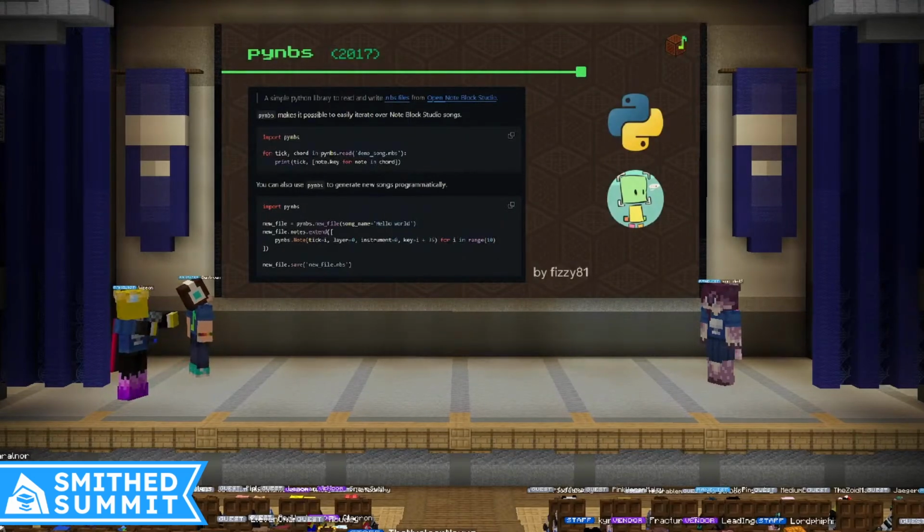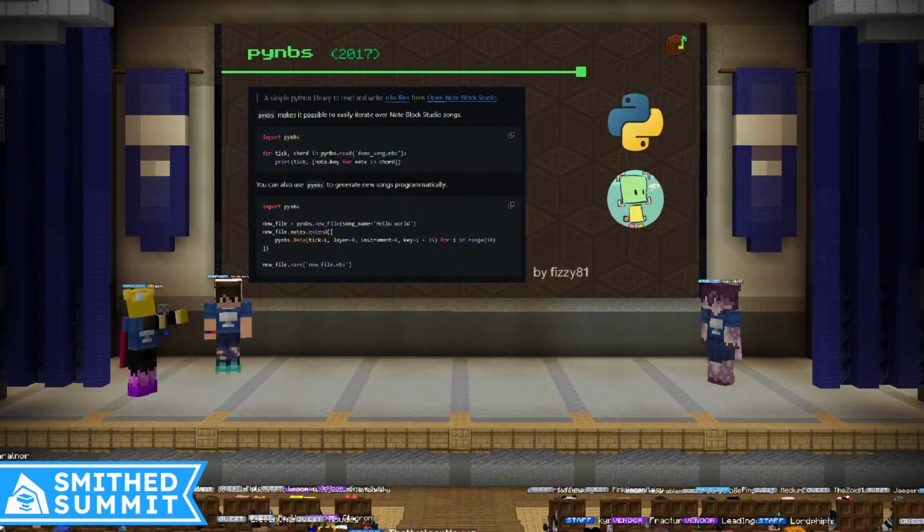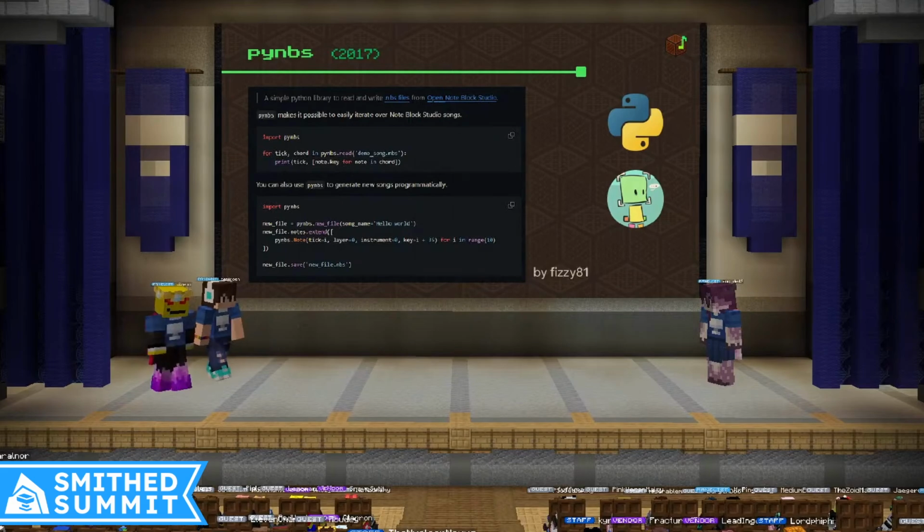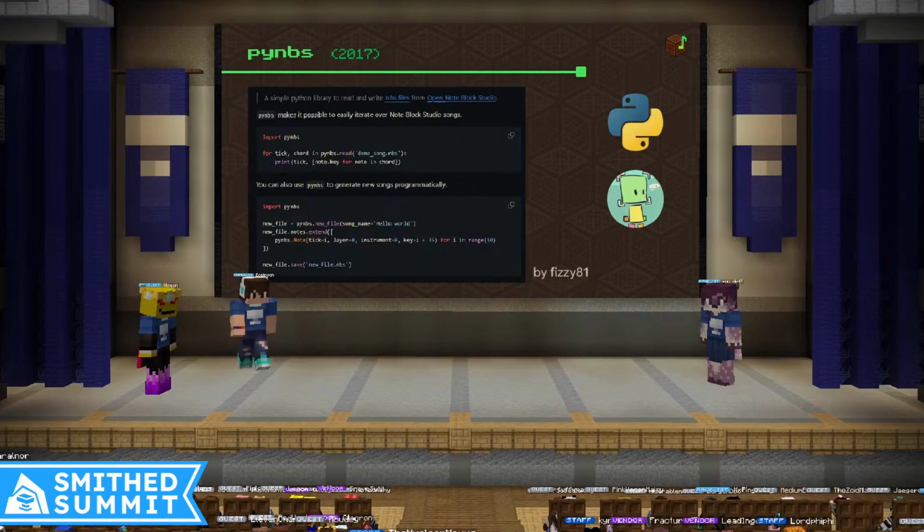Now, about 2017 is when my involvement with the project begins, beyond being just a regular user. At about 2017, I was working on Pokemon Cobalt and Amethyst. I made a good friend there, Fizzy81, and I wanted to tinker with note block songs programmatically. The only problem was, at the time, I had no clue about coding outside of Minecraft. So I asked Fizzy if he could help me write a script to parse the NBS file binary structure. Instead of helping me, he actually went and wrote an entire library for it in 2 days that he called